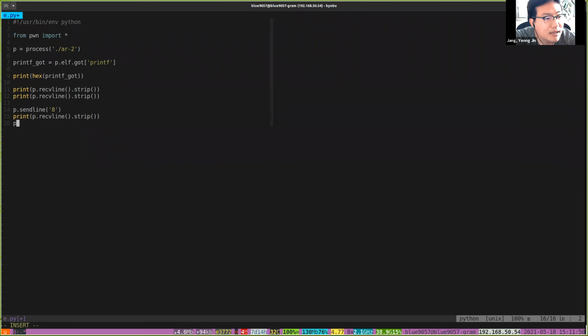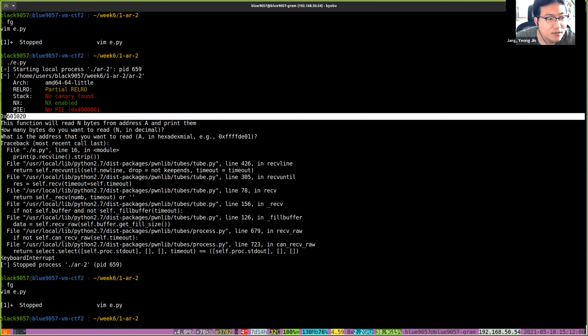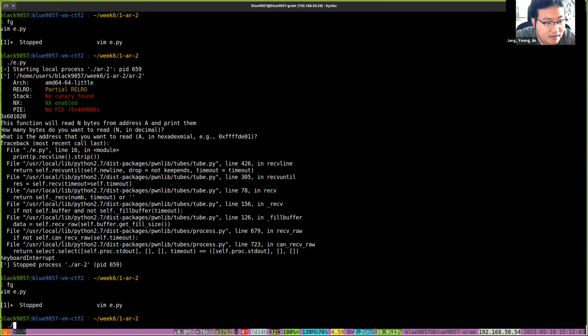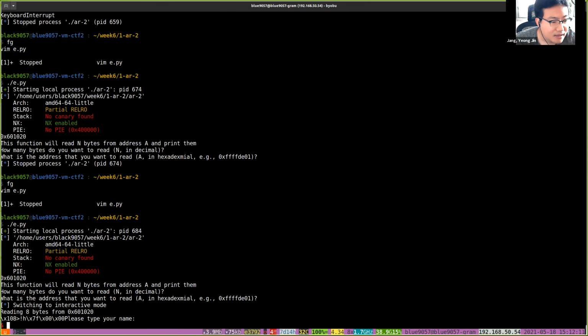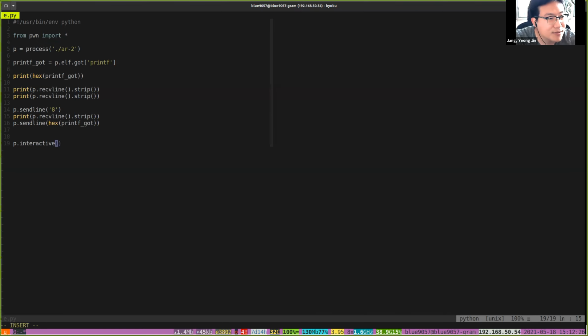And then we will put the address as the GOT of printf, which is 601020. We will put that. And then if we do this, it prints out the 8 bytes from 601020. So it will output the reading 8 bytes from something first, and then the 8 bytes, and then please type something. So what we can do is